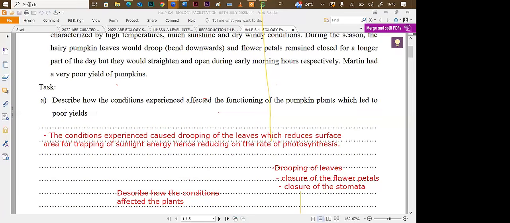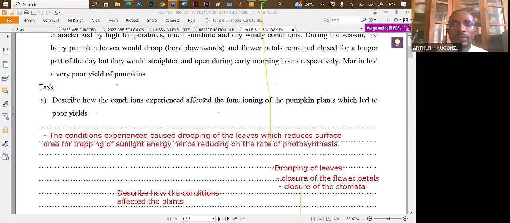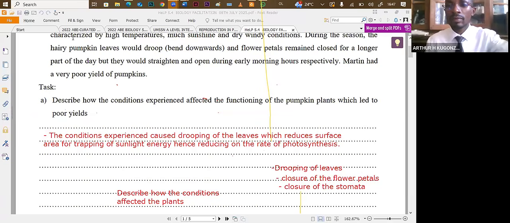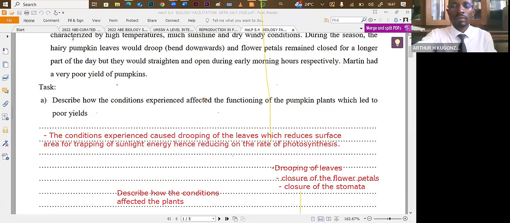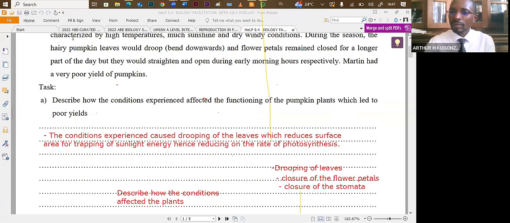Pacada seed. Pacada seed, you can unmute. Closure of this, the condition experienced caused the drooping of the leaves and reduced the trapping of